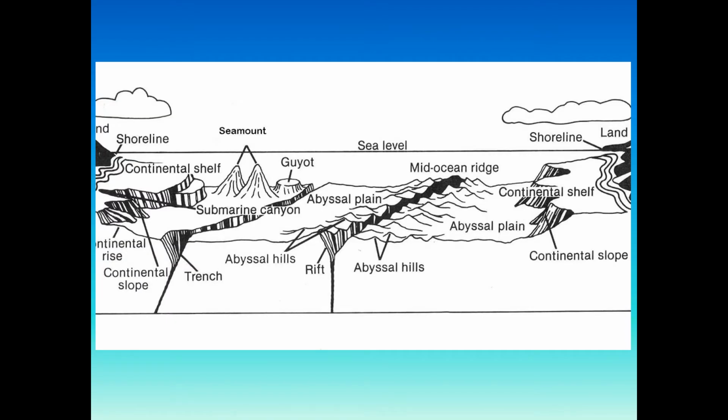Here in this picture, you can easily see what we have already studied. This is the continental shelf, then this part is the continental slope, and here is the continental rise, and this is a trench where the land is moving apart on this side and this side, so a deep crack is created. This flat area is the abyssal plain, and this is also abyssal plain.